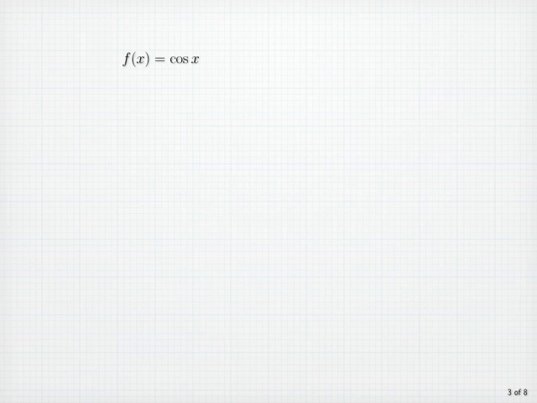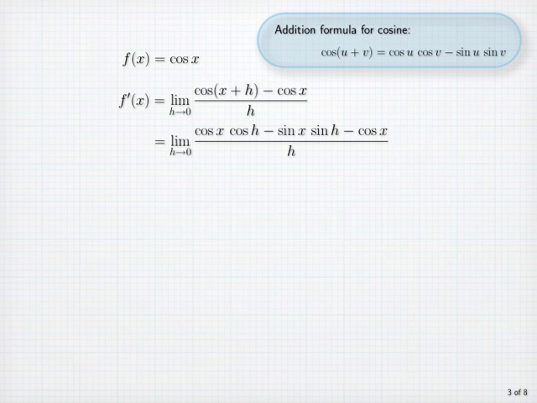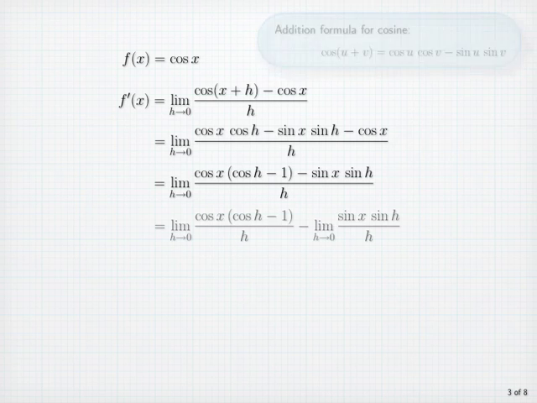Now let's look at cosine x. Using the definition of the derivative, f prime of x will be the limit as h goes to 0 of cosine of x plus h minus cosine x, divided by h. Using the addition formula for cosine, we write cosine of x plus h as cosine x times cosine h minus sine x times sine h. Now we factor cosine x from the first and last terms in the numerator, break the